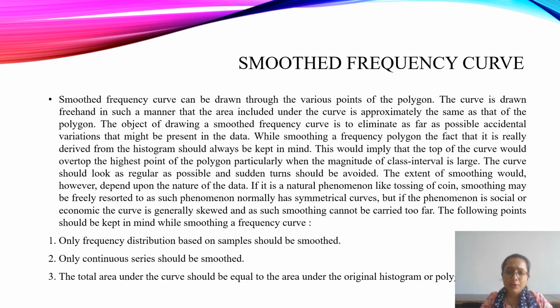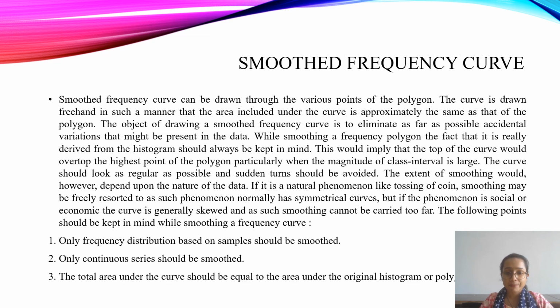So, a smooth frequency curve is just a part of the frequency polygon, but there is a slight difference. A smooth frequency curve can be drawn through the various points of the polygon. The curve is drawn freehand in such a manner that the area included under the curve is approximately the same as that of the polygon. The object of drawing a smooth frequency curve is to eliminate as far as possible accidental variations that might be